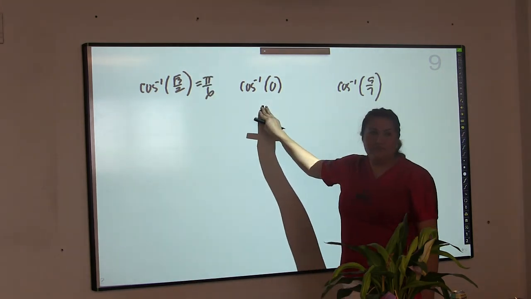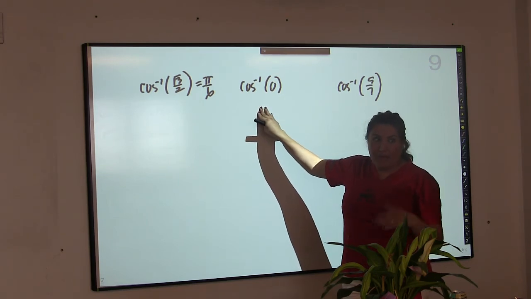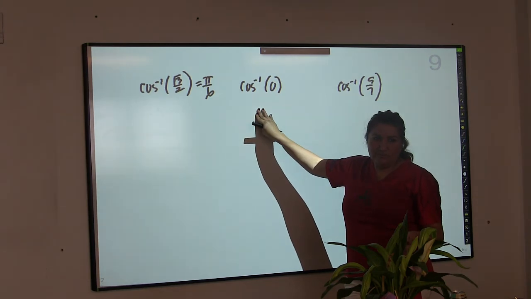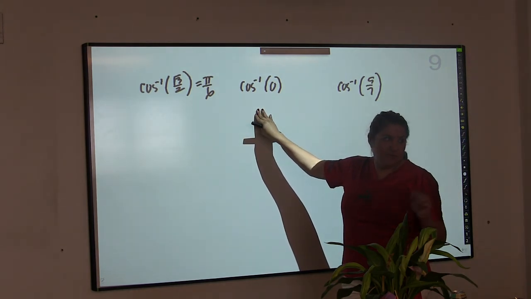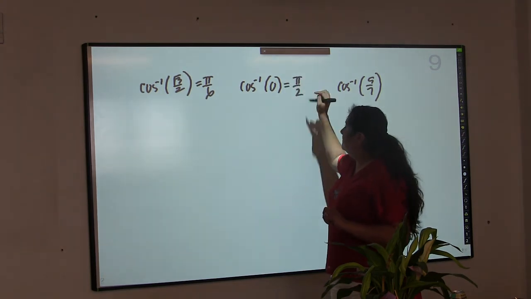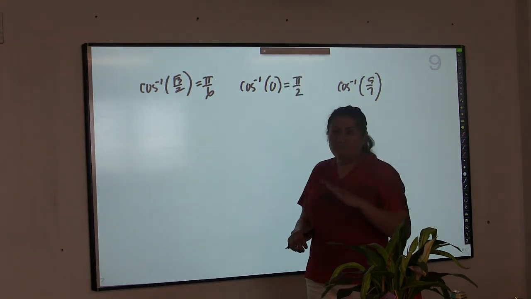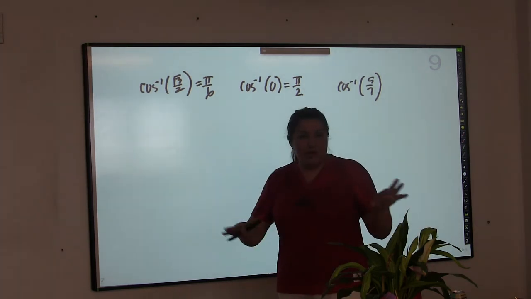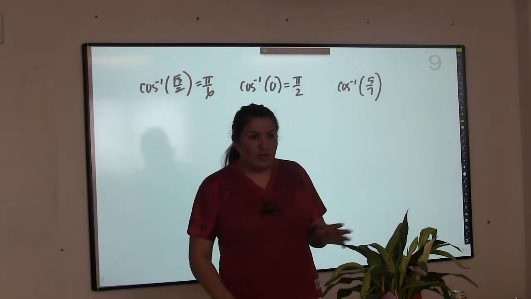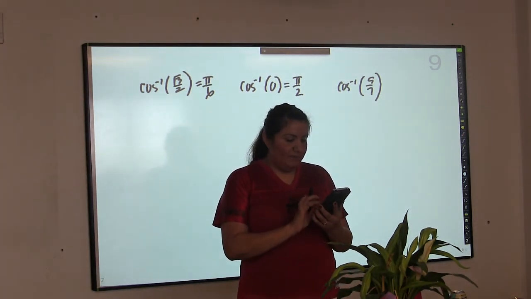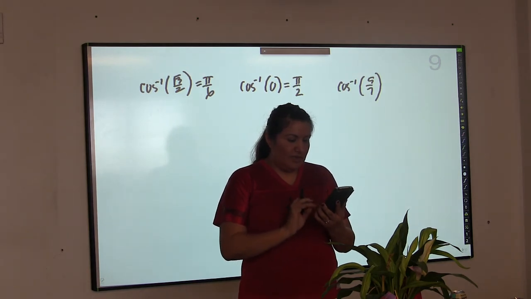What about cosine inverse of 0? What value between 0 and pi will give you a cosine value of 0? Pi over 2. At pi over 2, the x-coordinate is 0. And because 5/7 is not on your unit circle anywhere, that's when you know you have to use the calculator. You're going to go cosine inverse of 5/7, and we're going to get